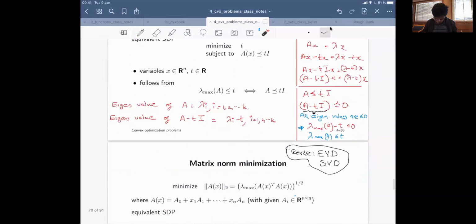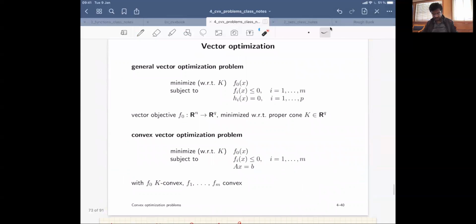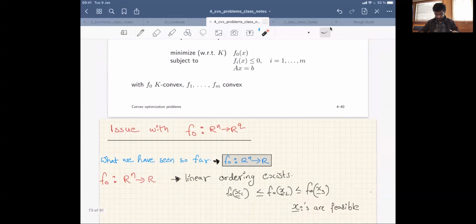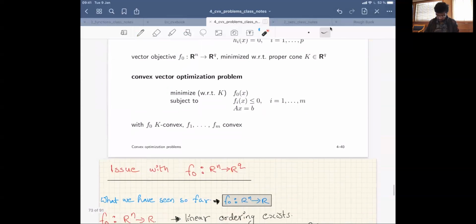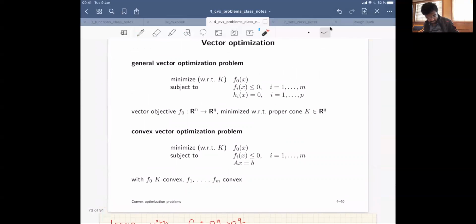Yeah, so let's move forward. Now the last topic is vector optimization. So far we were discussing the case of scalar objective functions. So what is a vector optimization? A general vector optimization